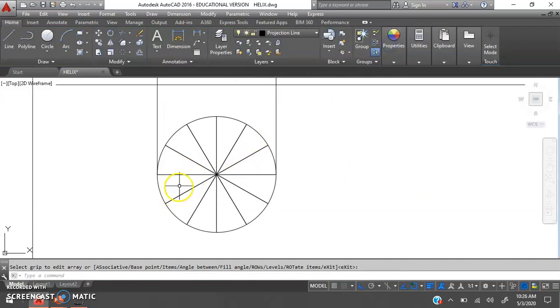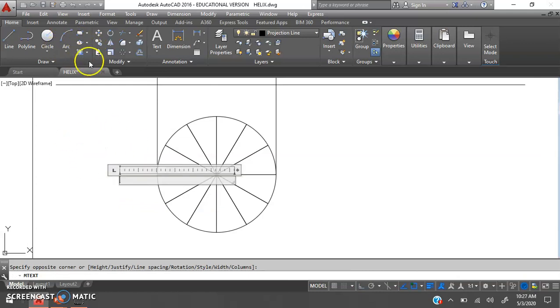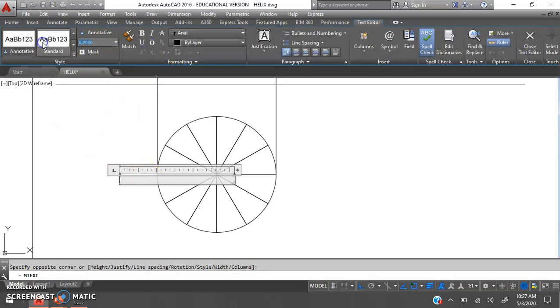Now after dividing it, let us give the naming starting from point 1, naming each division.